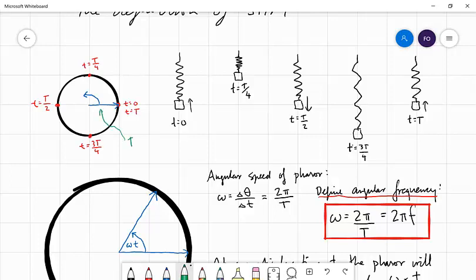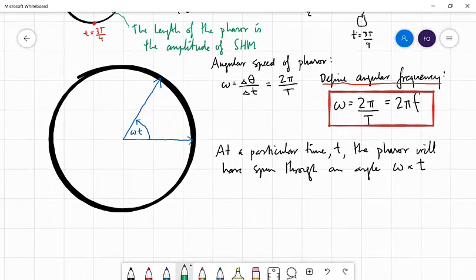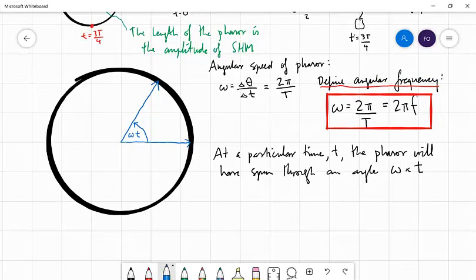The length of the phasor is the amplitude of simple harmonic motion. Okay, so we can label that into our bigger diagram here, that this length here is A, that length there is A,